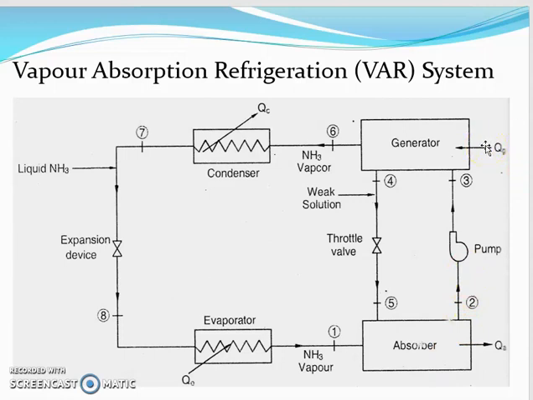and this pump increases the pressure of the solution to the desired pressure in the condenser, which is in the range of 10 bar. In order to separate the ammonia vapor from the solution, the aqua ammonia solution is heated in a heater or generator, and over here we have both ammonia as well as liquid water. But what will happen? Liquid ammonia has a lower boiling temperature, around minus 33 degrees centigrade, compared to water at 100 degrees centigrade. So if we supply heat over here, first ammonia will evaporate.